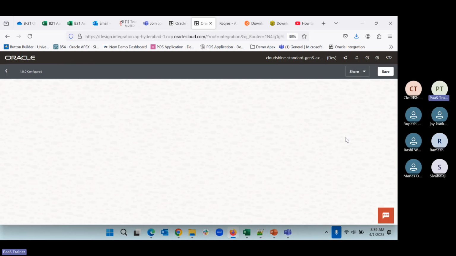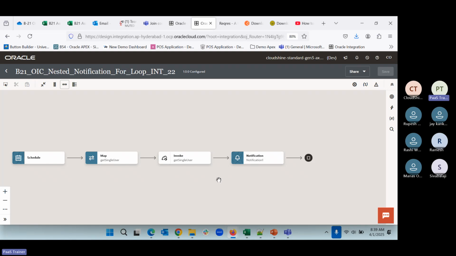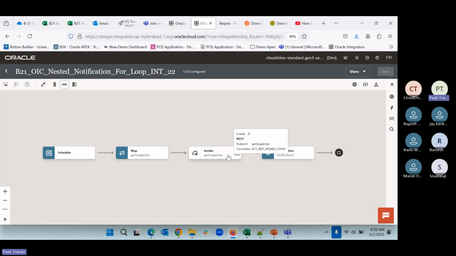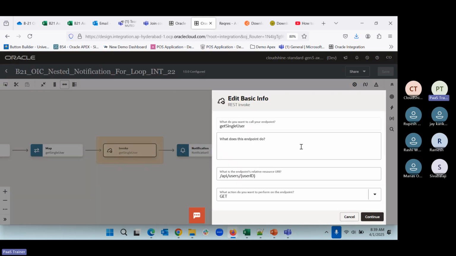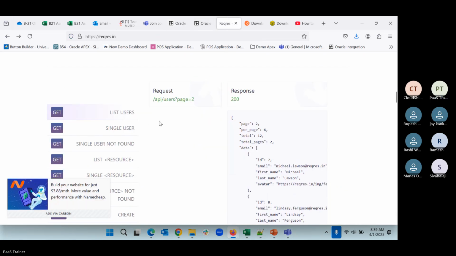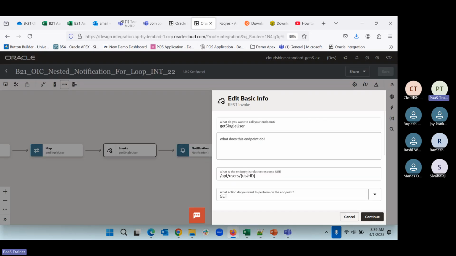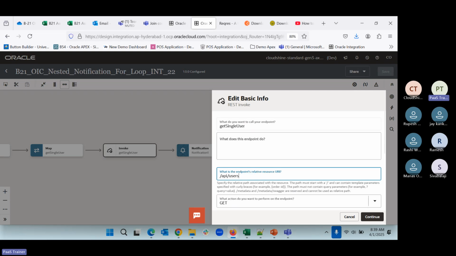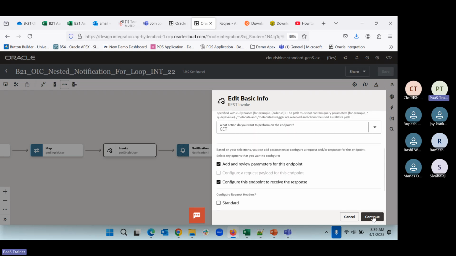We can come here. First we need to go and change this one, because we know that now this is not going to be single. This will send multiple things, so multiple will come from this one. So we can come here and write edit, and for this one, we are going to use the query parameter. So we can say API/users, remove this one, and say next,